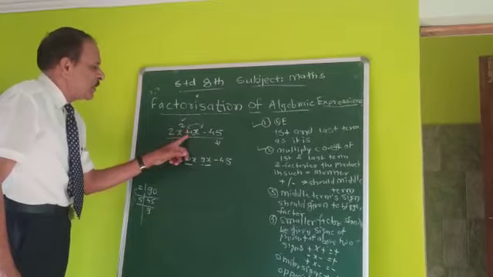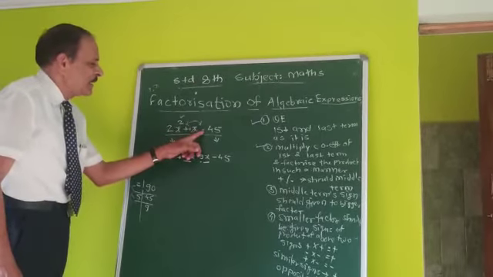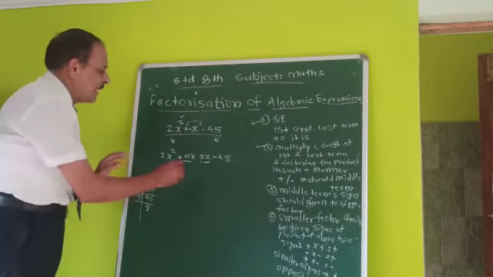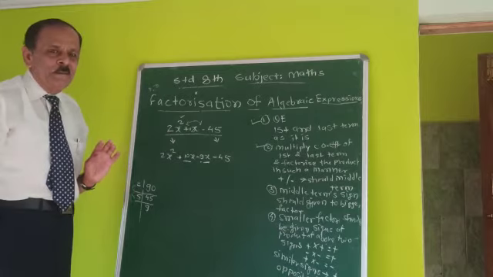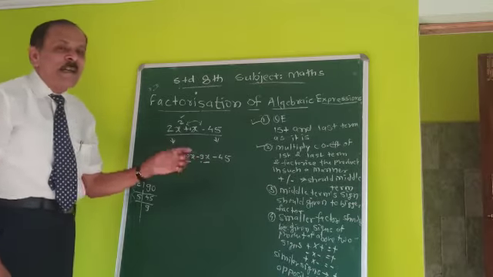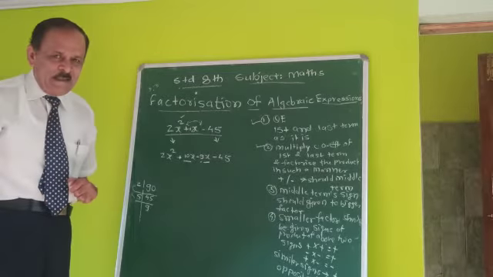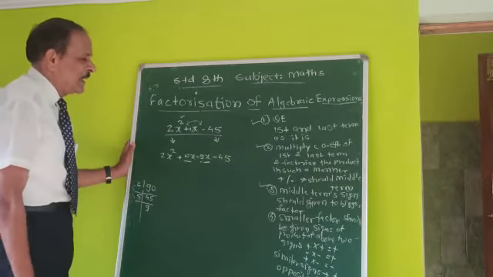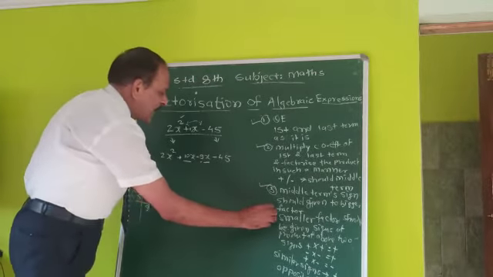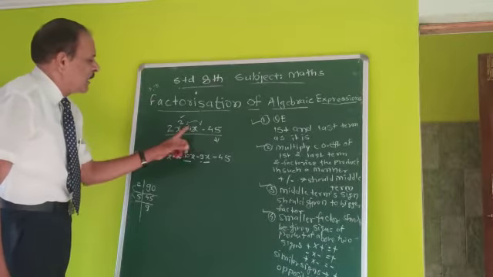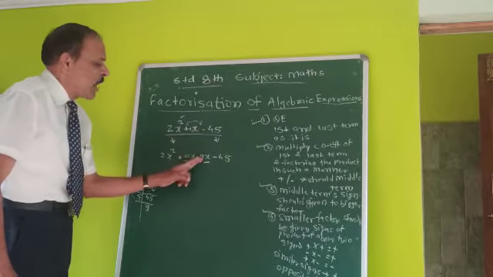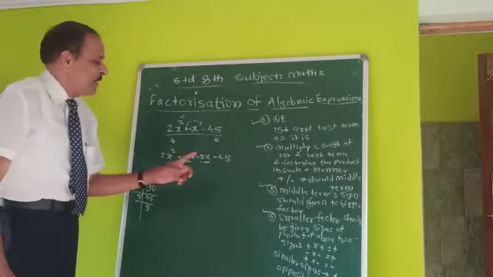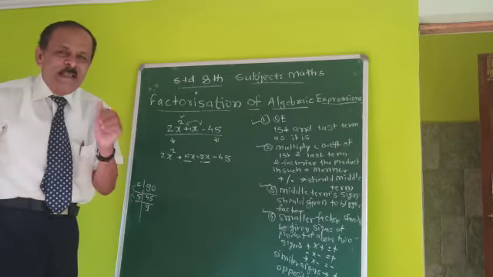Make the product of these two signs, plus minus, meaning those signs are opposite. Plus into minus becomes minus. So minus sign should be given to the smaller factor, means to 9x. Okay, so middle term sign to the bigger factor, and to the smaller one, product of these two: when they are opposite, smaller will get minus; when they are similar, either plus plus or minus minus, smaller will get plus sign.